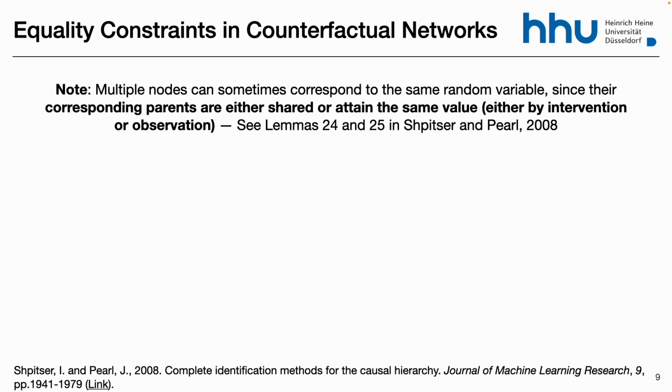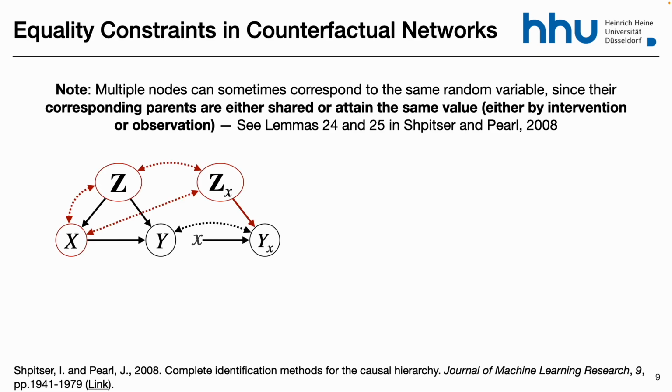That is a note that's very important. In that graph, when you have copies of these multiple worlds, some nodes sometimes are exactly the same variables because you don't change their parents, or they are tied together by the same U variables and the parents. So in the end, they are going to assume the same values. The domain of these variables are going to be the same. So it is just a copy, and you don't want to condition on the same variables. You give wrong values. So this is an example.